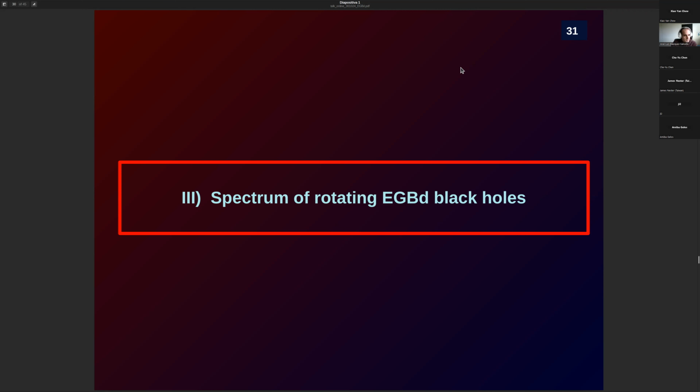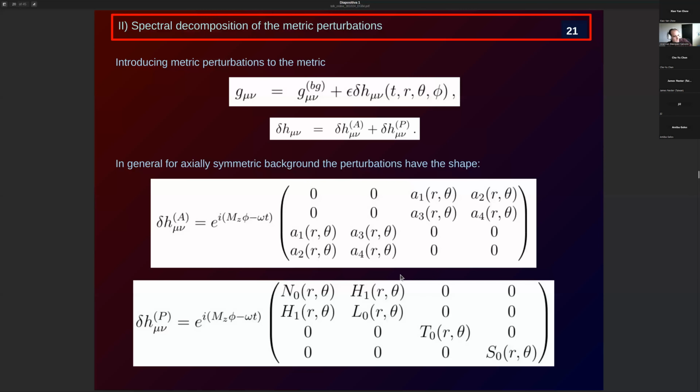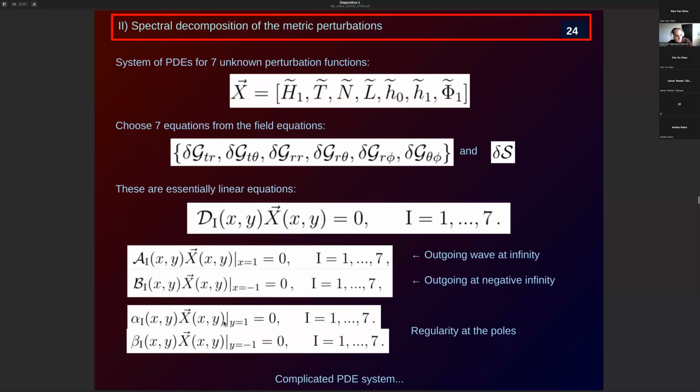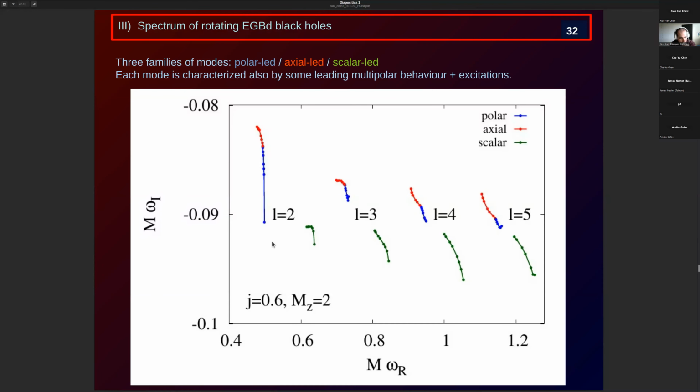Essentially, you have your equations. You decompose the perturbation. You introduce the perturbation with these functions. You work it out to the point that you have a system of partial differential equations with some boundary conditions. Now, these equations are the Gauss-Bonnet-dilaton equations. That's the idea. And you solve the problem in the same way. You decompose the perturbations, solve the coefficients, etc. So what you get is this kind of spectrum, similar to what I showed you for Kerr, but a bit more complicated. Here I show you again the imaginary part and the real part.